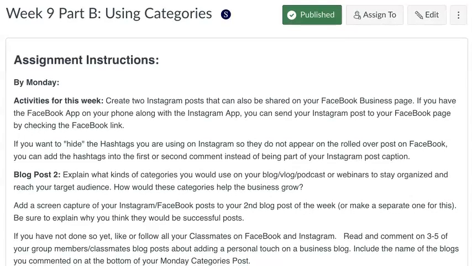And let me scooch this up to see. So that would be why you would have categories. If it was on a blog, you have a sideline, a little navigation, and you break it down in that area so people can see it and easily access the parts they're interested in.